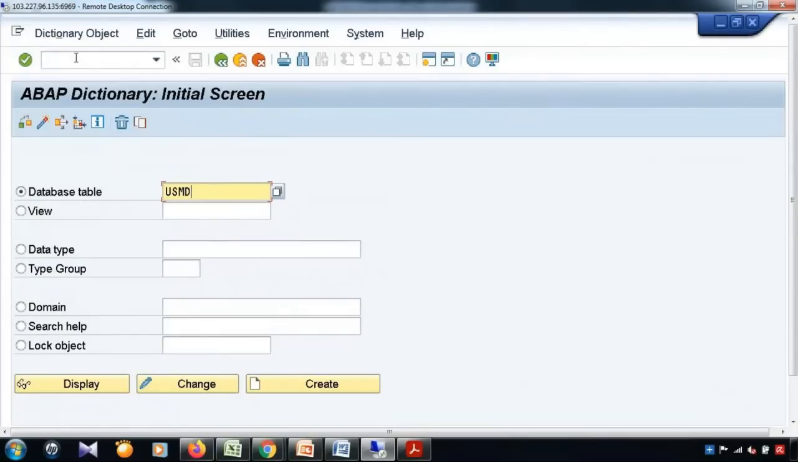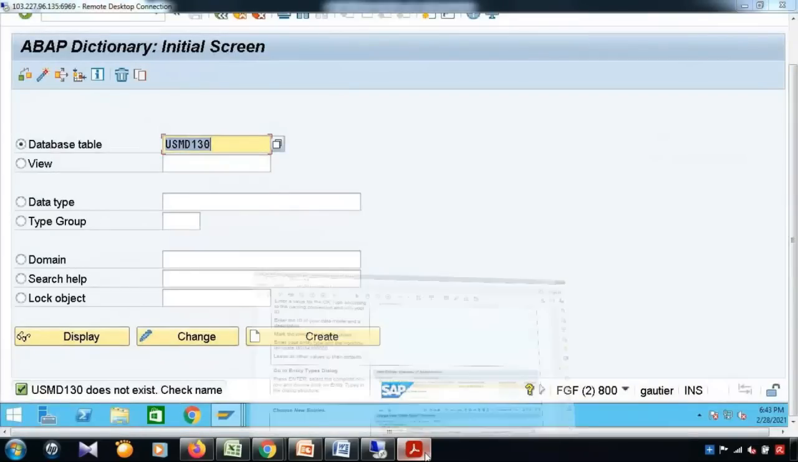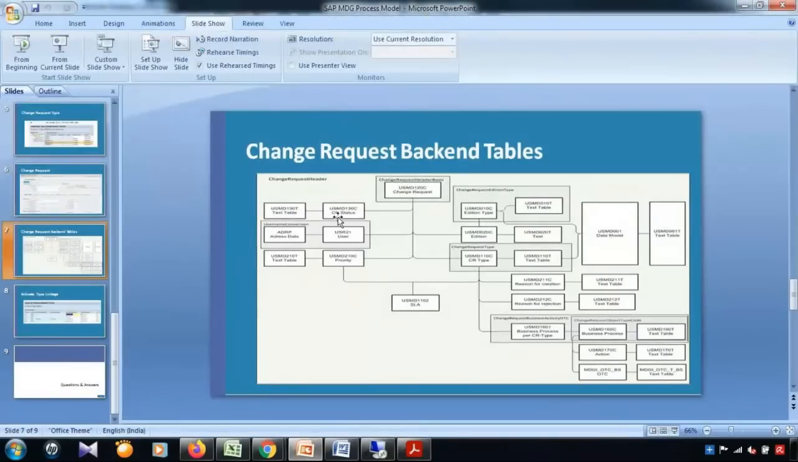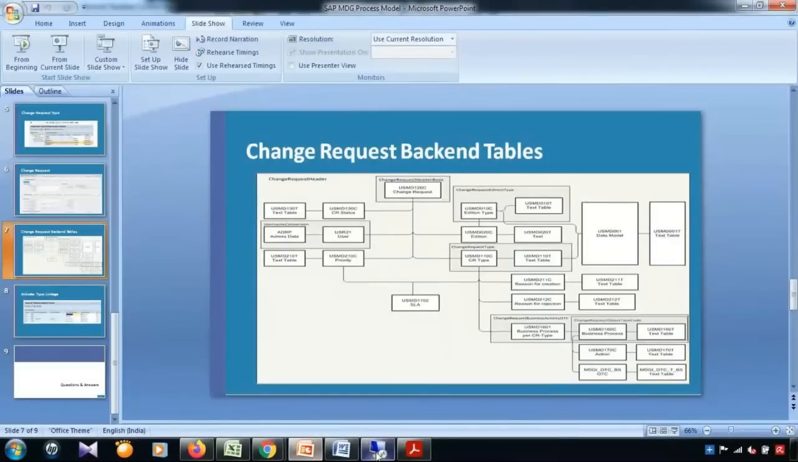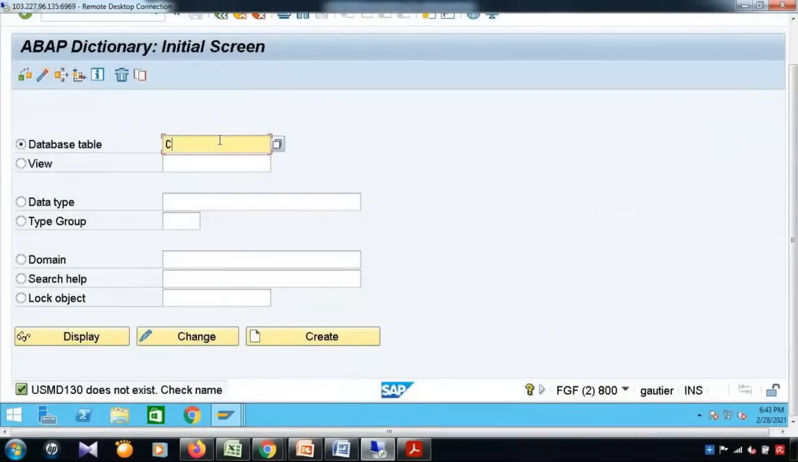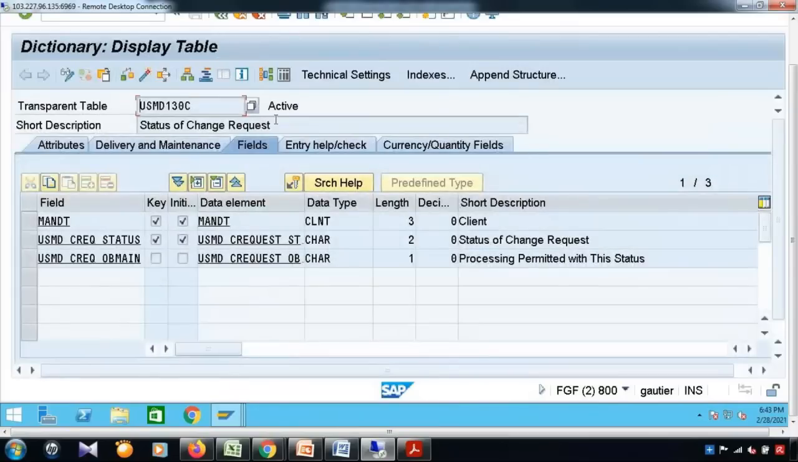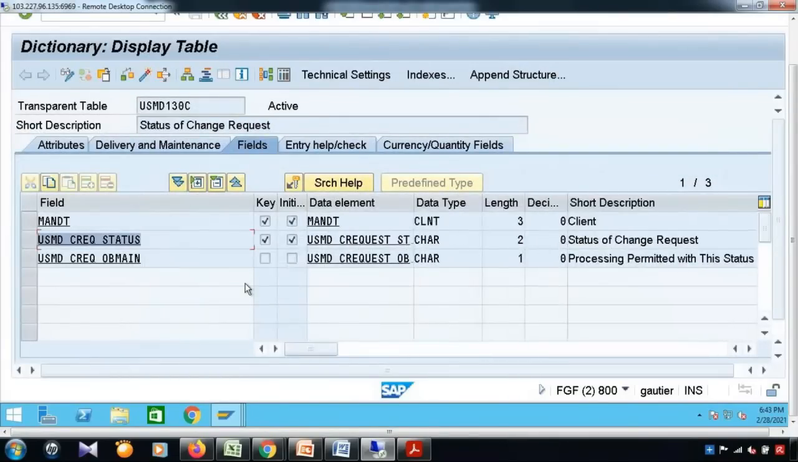USMD 130, wait a minute, let me check. USMD 130C, sorry. USMD 130C. Okay, this is the status of the change request, and this is the USMDC request status, and this is the process permitted state. So now if I execute,